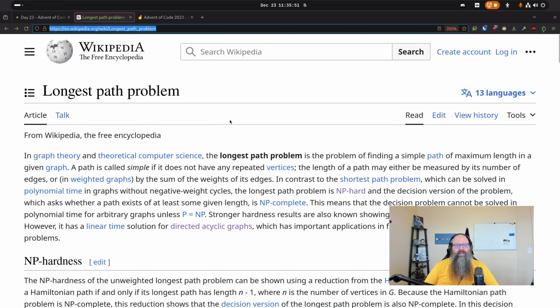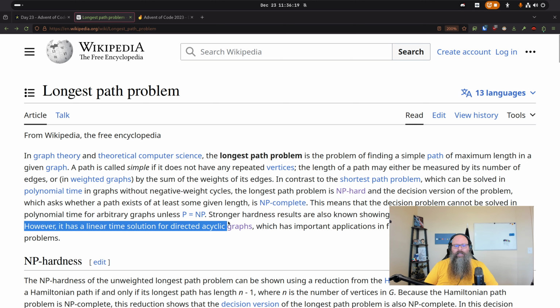And you can see I have this up here already, the longest path problem. That's what we want to talk about, right? The problem itself, there's not much to it, you think of traversing, but do you know the secret? And what is the secret of the longest path problems? In general, they are NP hard. And what does that mean? That's just a fancy way of saying there's not an efficient solution for it. What it does say, though, is this P part down here is key for part one. It says if the solution is a directed acyclic graph, then there is a linear time solution for it. Meaning,